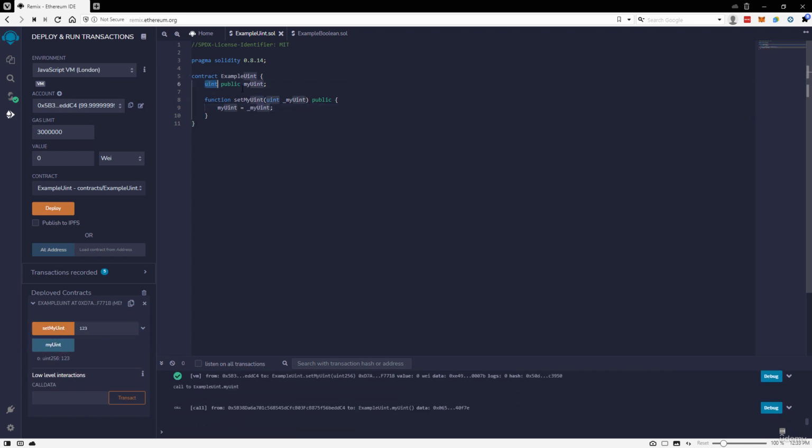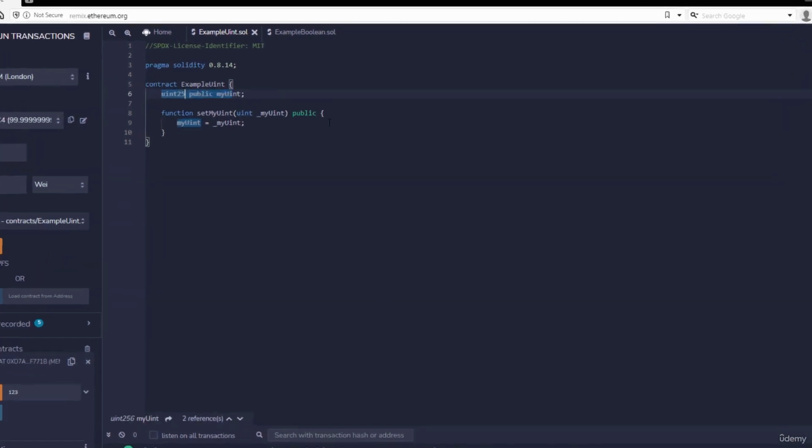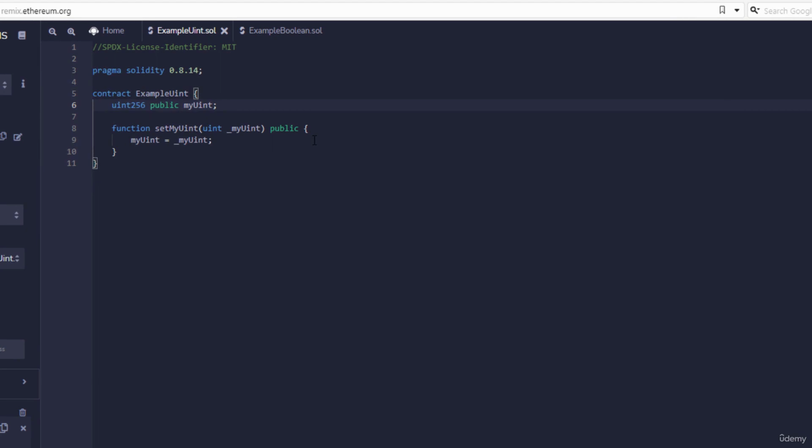Now, uint alone is actually an alias for uint256, and this is the size of the unsigned integer variable that you have then. So this one could store values from 0 to 2 to the power of 256 minus 1,